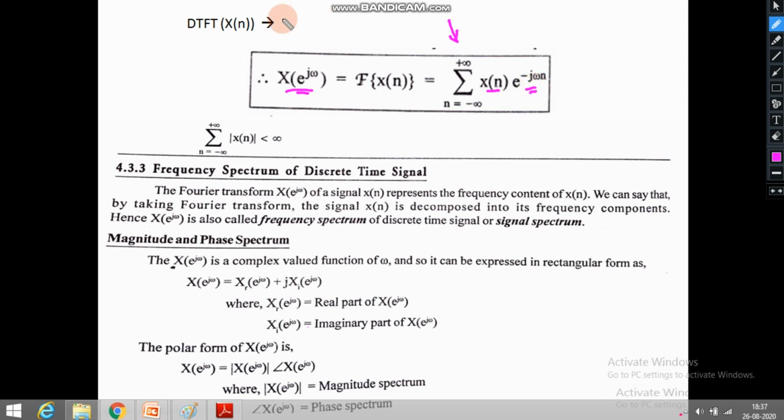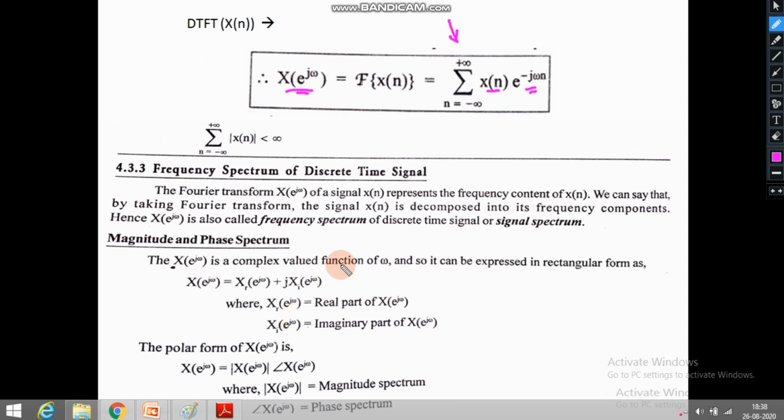So we are obtaining the operation for the DTFT from the previous continuous time Fourier transform, and the discrete time Fourier transform will exist only if the summation of the magnitude of x of n, the discrete signal under consideration, is less than infinity, that is, it should be a finite value. And as I have told before, the factor e raised to minus j theta will give a complex value as the output of the DTFT.